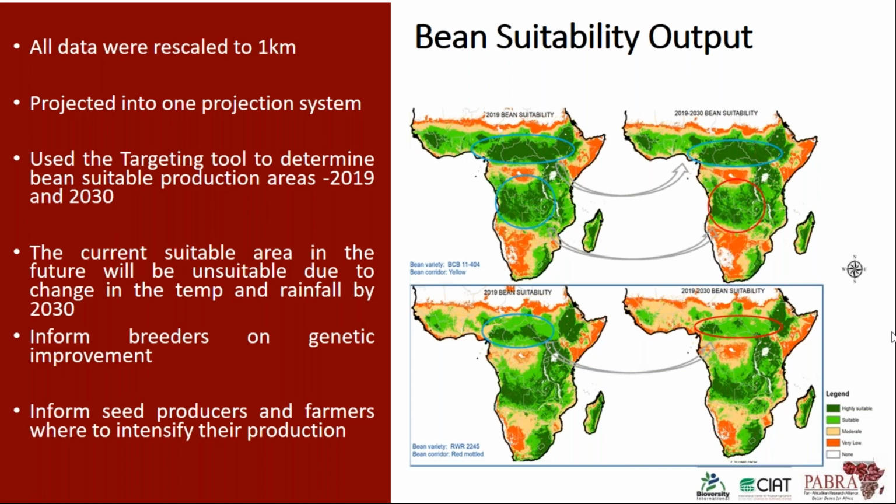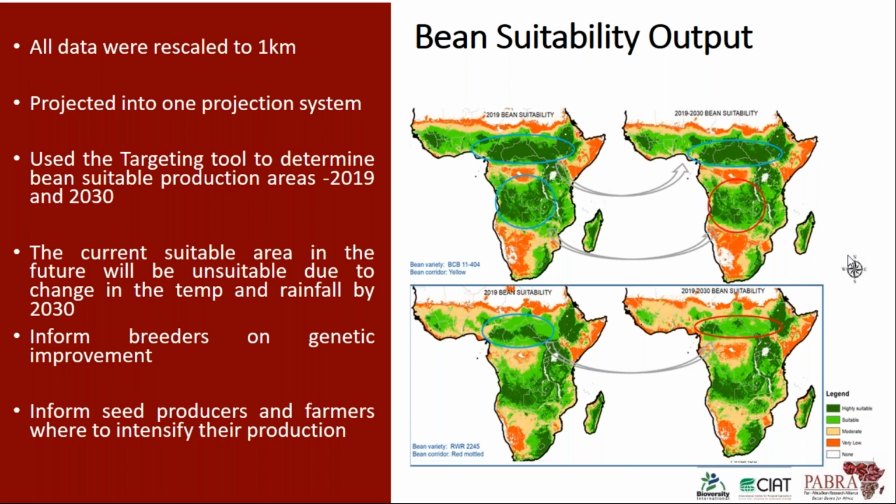Where? Okay, if they are suitable now, will they be suitable in 10 years to come? So you can see from the down map, the one I'm talking about, on your left, that we see the suitable area in blue, but when we go to 2030, the very same variety,